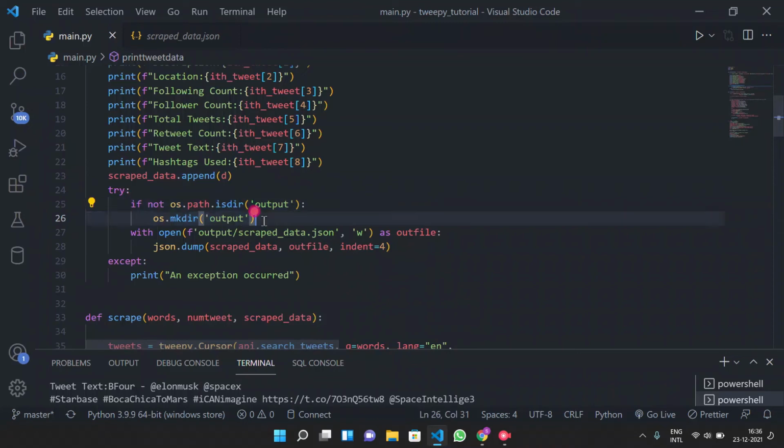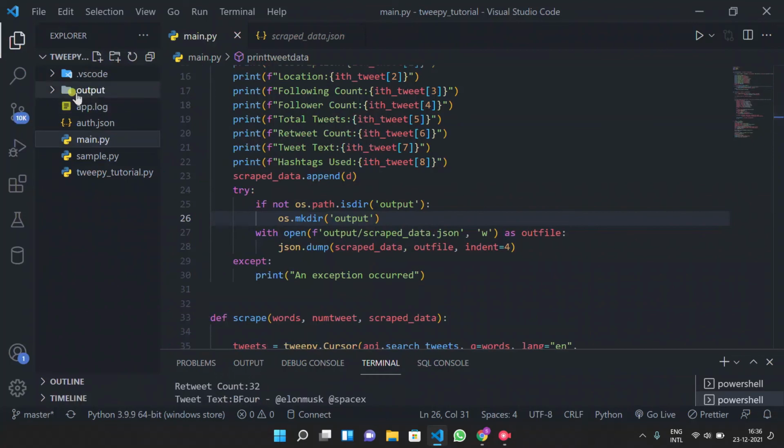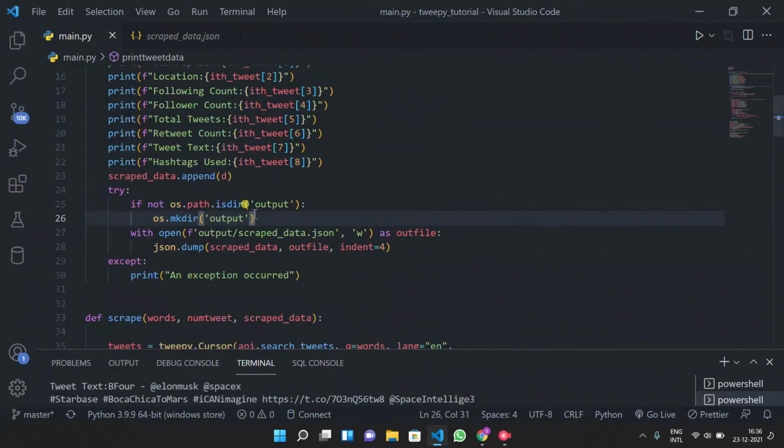This is the code where, if the output folder is not present, the output folder would be created here. And whatever the scrap data is, we will get the data in a JSON file, and that file would be named scrapdata.json.